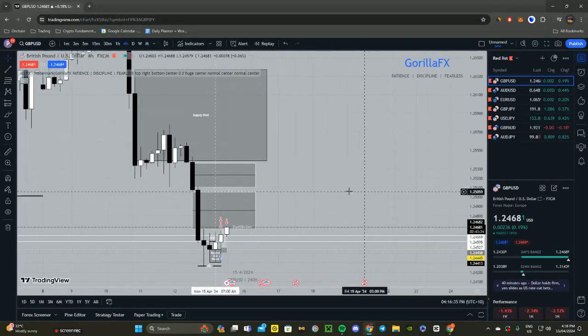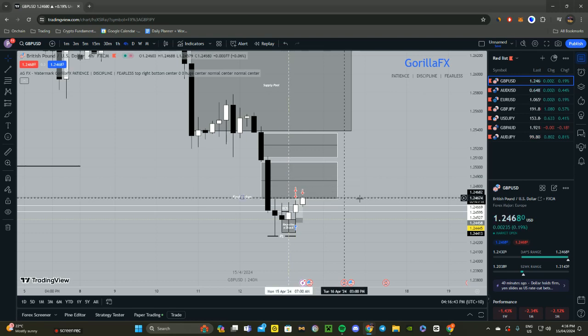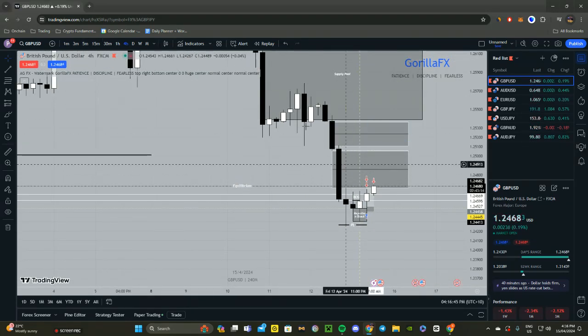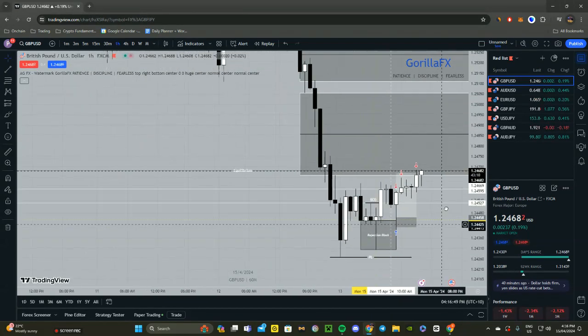So on the 4 hour, I marked out two fair value gaps for us to target, but in particular this first one here, because that's the most relevant to us right now. And so heading into Asia,